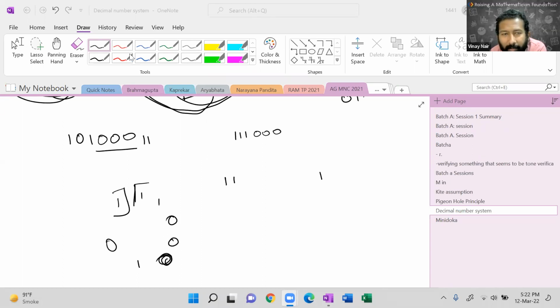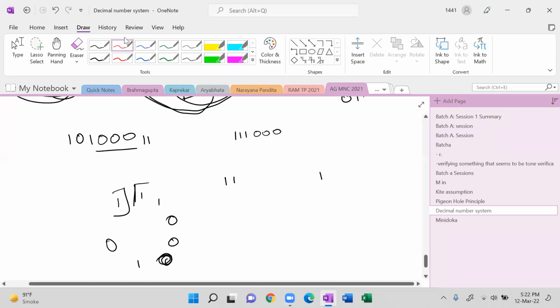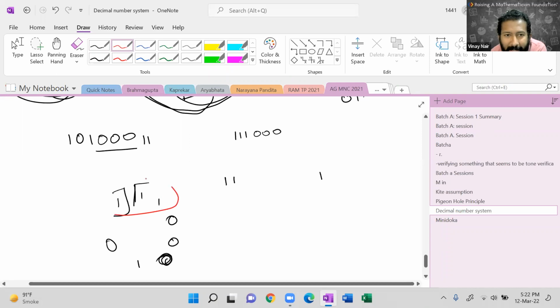So what Sanika is trying to say is, you need 3 ones because that is a number that has to come, and you need 3 zeros also. So let's place them first. Okay, and let's see if we can place them next to each other. Now, once you have placed them, then next to